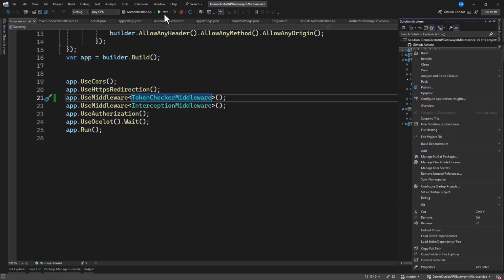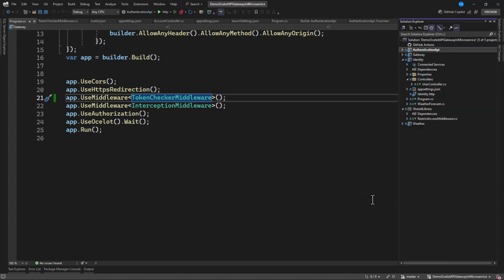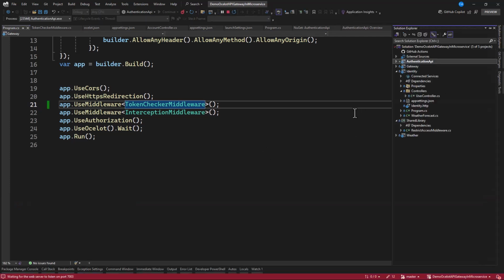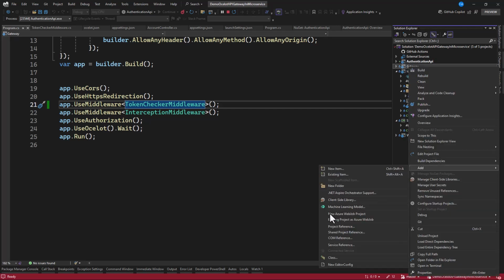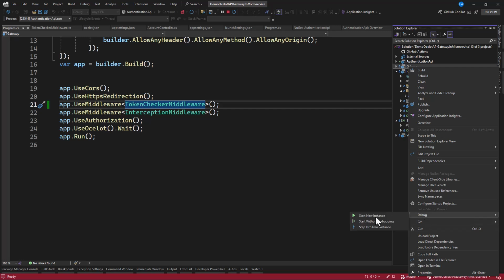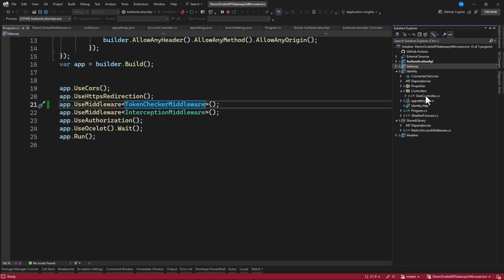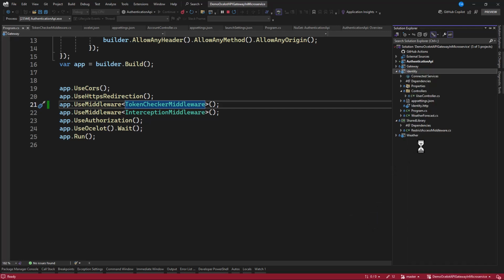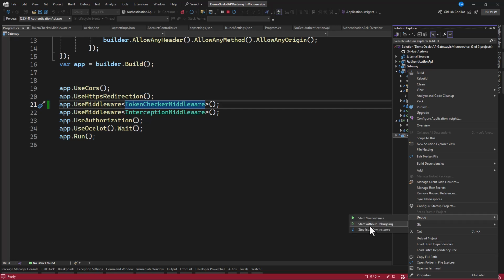Let's make sure this is set to HTTP, then start new instance. And when this gets started, we are also going to start our API gateway. Let's also start this. Then we're going to start the identity as well. Start. Now let's start the weather API.